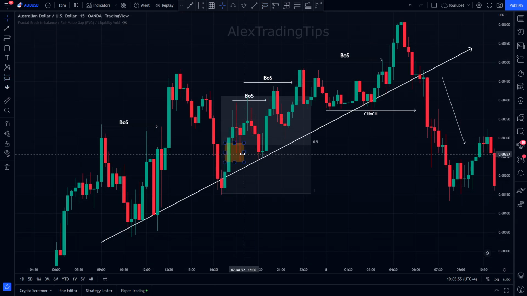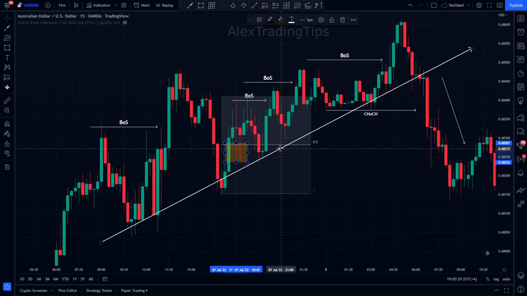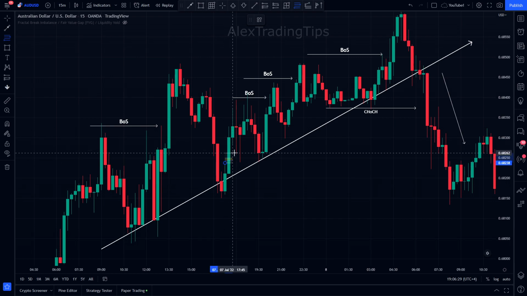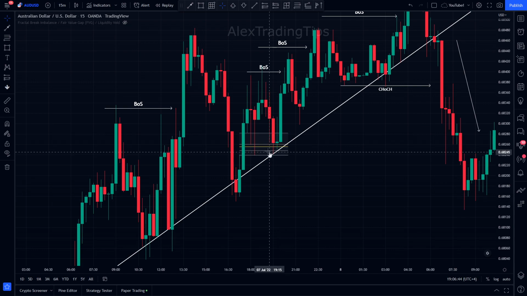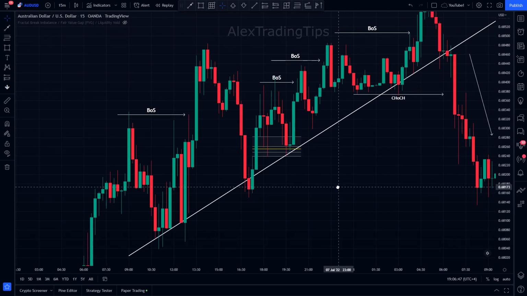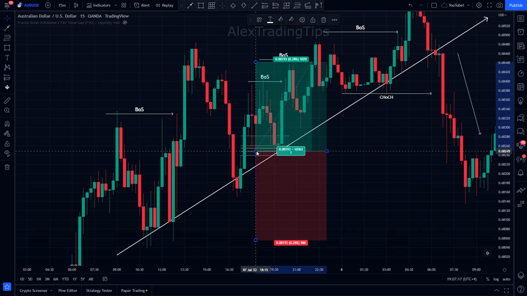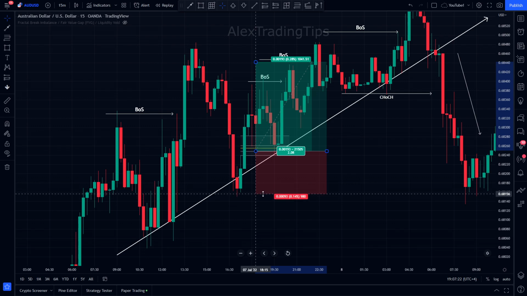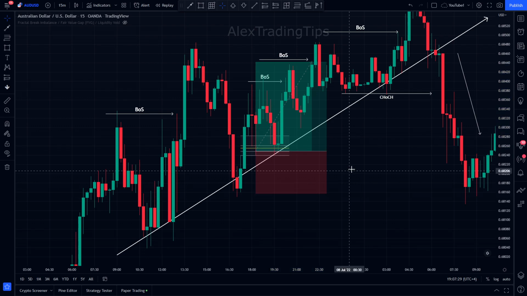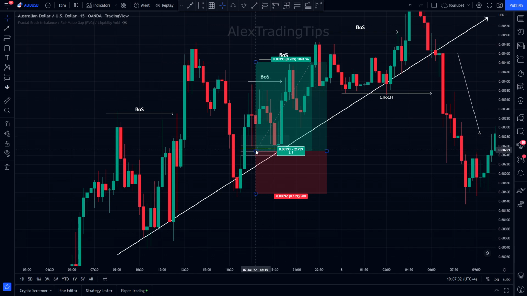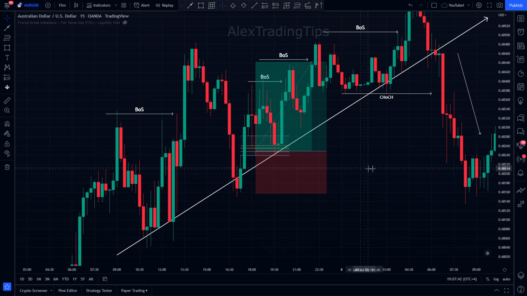While in my example I used a lot of rectangle boxes, I prefer to use the Fibonacci tool, which I've edited to give me levels of the imbalance. In this case, price action filled the whole imbalance, but this would have still been a good long setup. One good piece of advice that I have for you if you are an imbalance trader is to always try to cover your supply or demand zones, as if the trend is not all that strong, price would often go all the way back to a demand or a supply zone